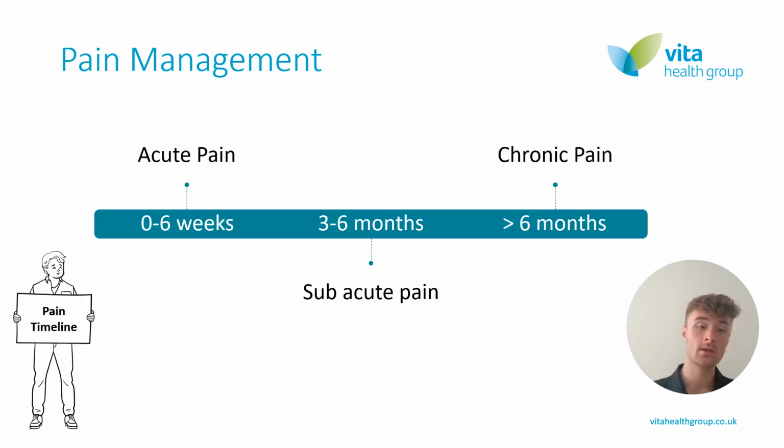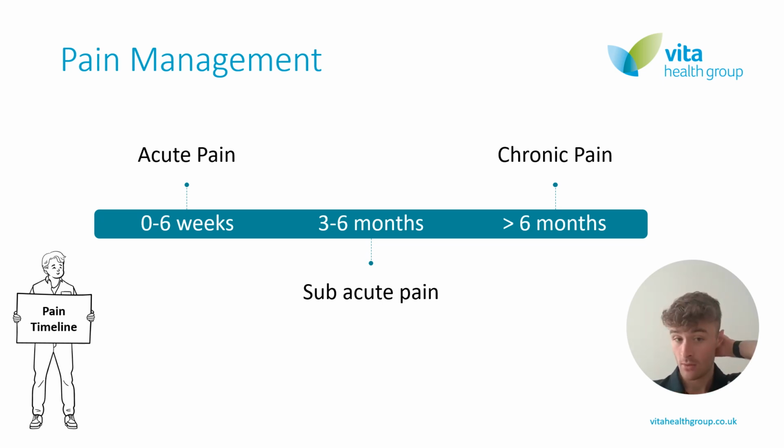Okay, and then this here is just a time frame of what we would consider long-term pain, that middle bracket of pain, and then short-term pain. So 0 to 6 weeks is more acute pain. Okay, so that's a pain that you might recover from pretty quickly. It could just be due to an acute injury, maybe you've had a fall, maybe there's some tissue bruising, and that subsides within around 6 weeks. The subacute pain, okay, is defined by 3 to 6 months. Now that might seem quite a long time, but in the grand scheme of things, across your lifetime, 3 to 6 months isn't anything. And then chronic pain is considered once it gets beyond that 6-month period.